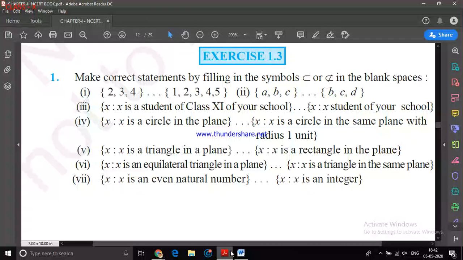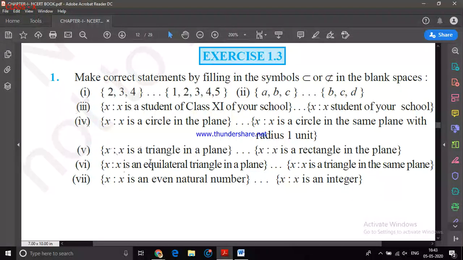Then I can think about subsets. For example, if I am talking about a set of humans and a set of tigers, obviously it cannot be a subset. A is not a subset of B, and B is not a subset of A, right? You can ask your biology teacher whether humans belong to any animal category.